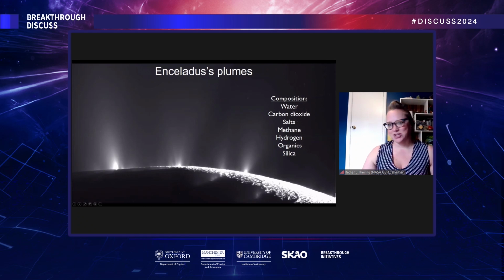But this is a beautiful picture of the surface of Enceladus. This is near the South Pole, and you can see that it's ejecting these particles out into space. It's mostly water, carbon dioxide. There's salt, actually. So the composition so far seems to be very much like Earth's ocean. So it has sodium chloride and sodium bicarbonate. There are gases like methane and hydrogen, which is very exciting. I'm sure Chris is going to talk about it.